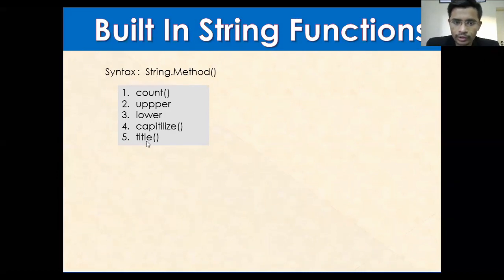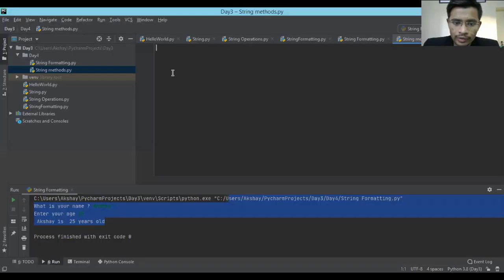So here we are going to play with this. Sir, PyCharm is not visible. Yes, that's what I'm asking, because I haven't shared the whole screen. Okay, so let me share PyCharm again. Now it should be visible.